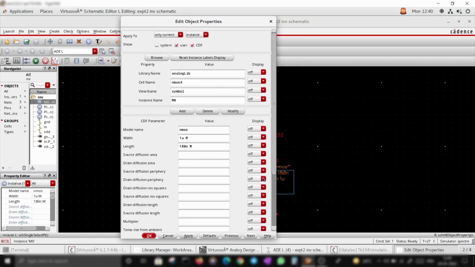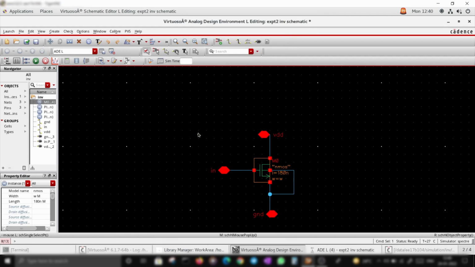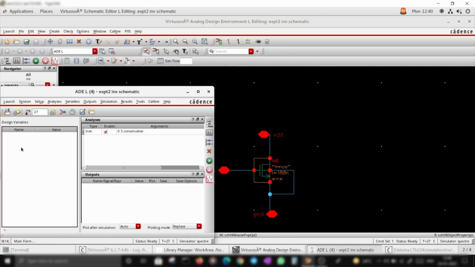Now I want to give some variable names here. I'm giving W as width. My width now is a variable. So what I do, I go to ADE now, copy from same view, width. Now I'm just setting it as 1 mu here.